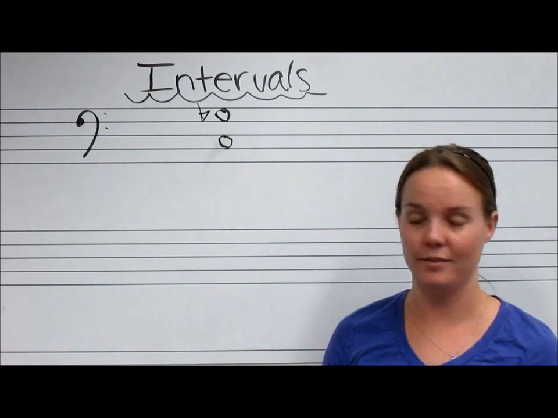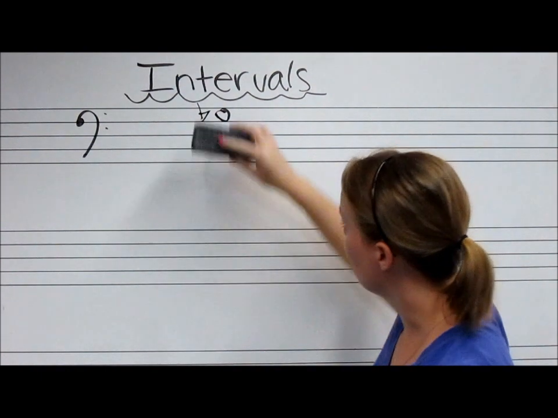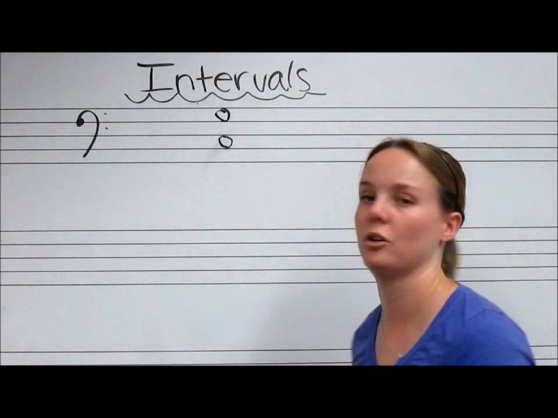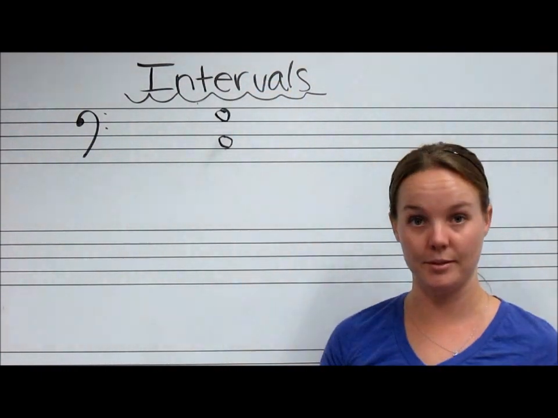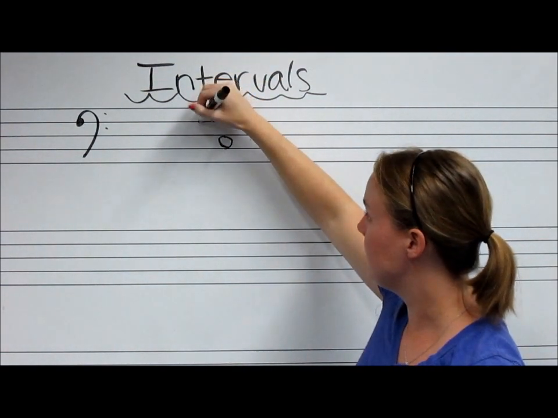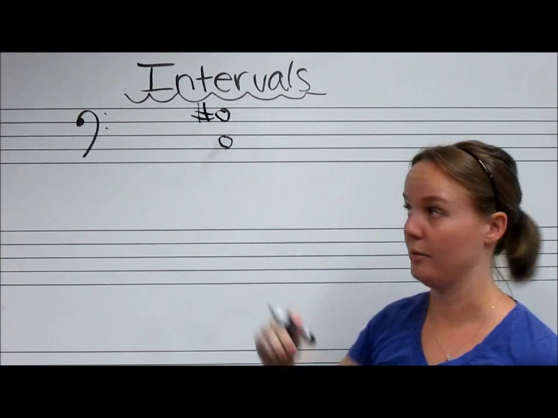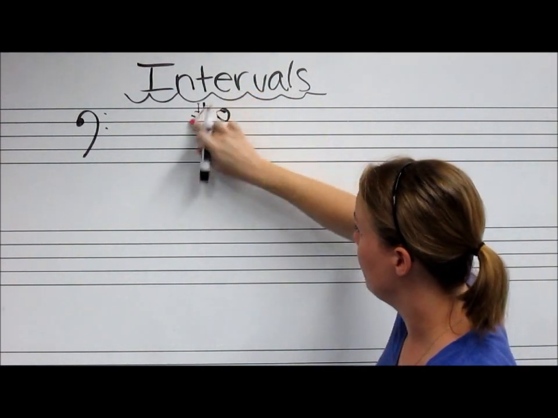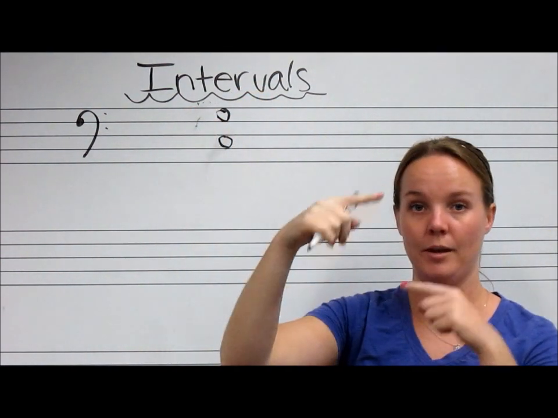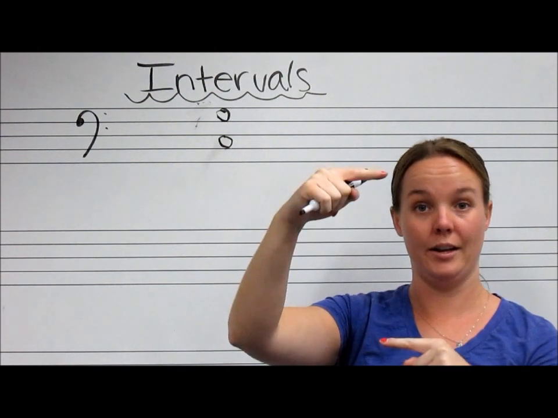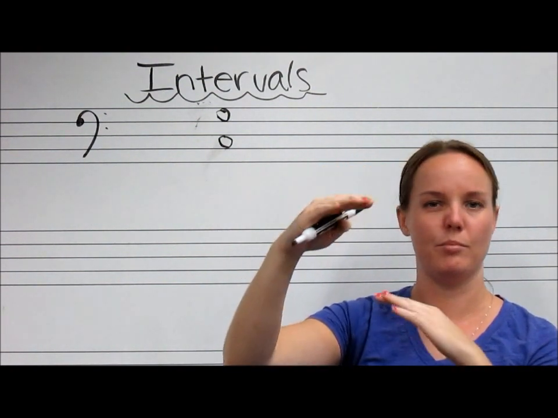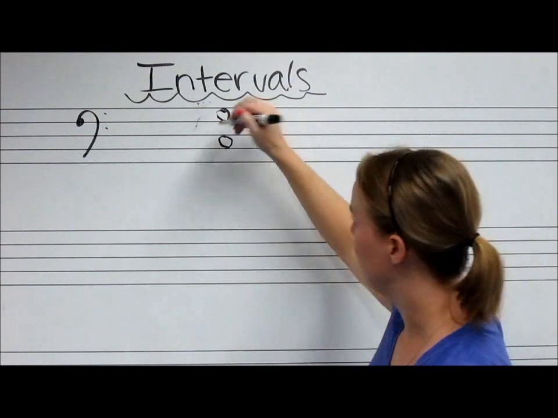It's a diminished fifth. All right, you can also augment your perfect intervals, meaning that you're going to make them larger by a half step. And you can do that by raising the top note or by lowering the bottom note. Now don't do both. You don't want to raise the top note and lower the bottom note, because then you're taking your interval and actually stretching it out by a whole step. You just want to move one of them. All right, so you can either raise the top